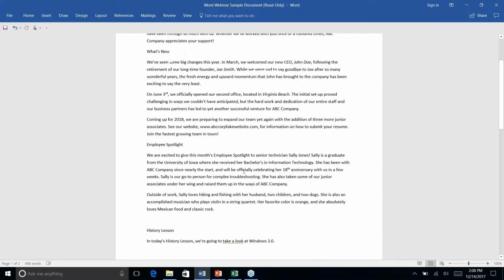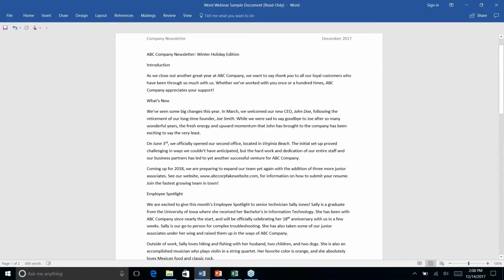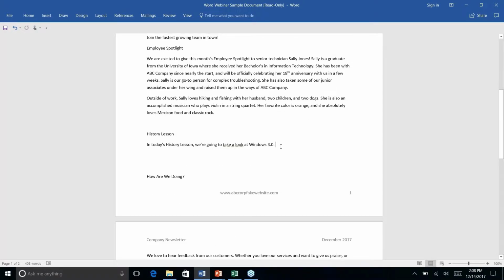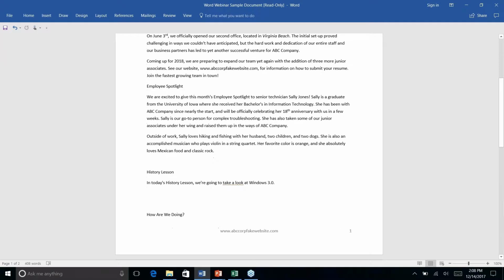I've got my little custom template here, or my example template. I just made up a little company newsletter for a company that doesn't really exist, but put in some elements that we might want to use during any sort of company newsletter that you might want to put out. So we've got some elements here, but I want to talk about Researcher first, just because it is one of